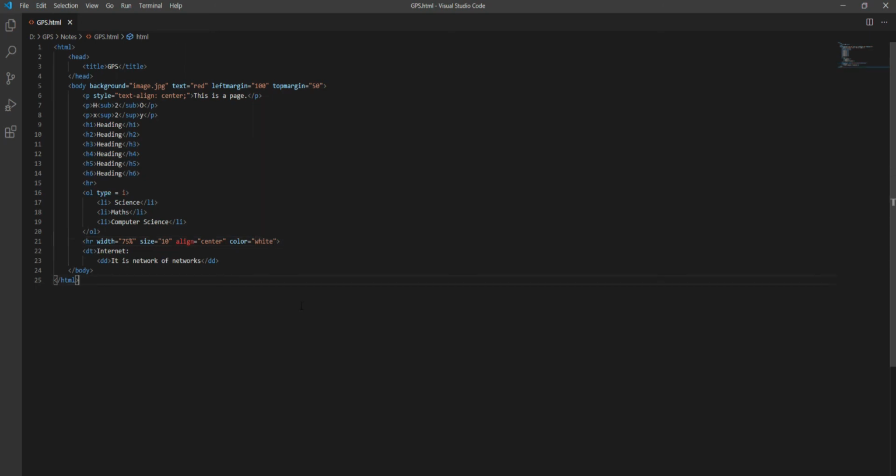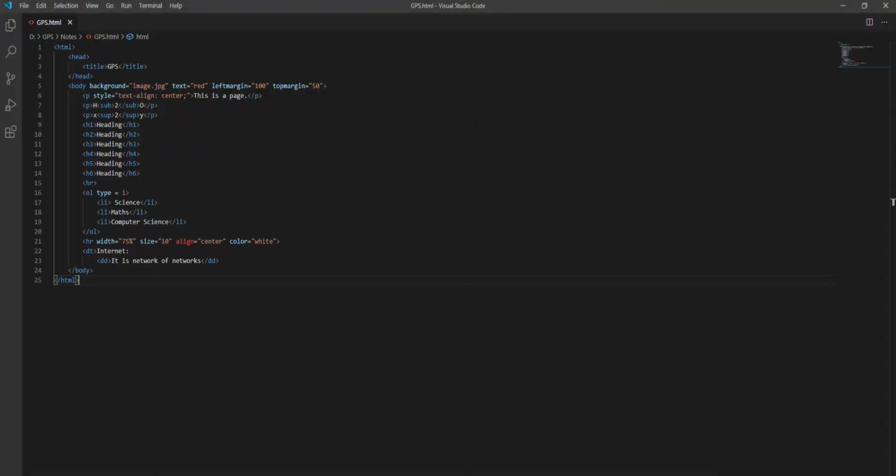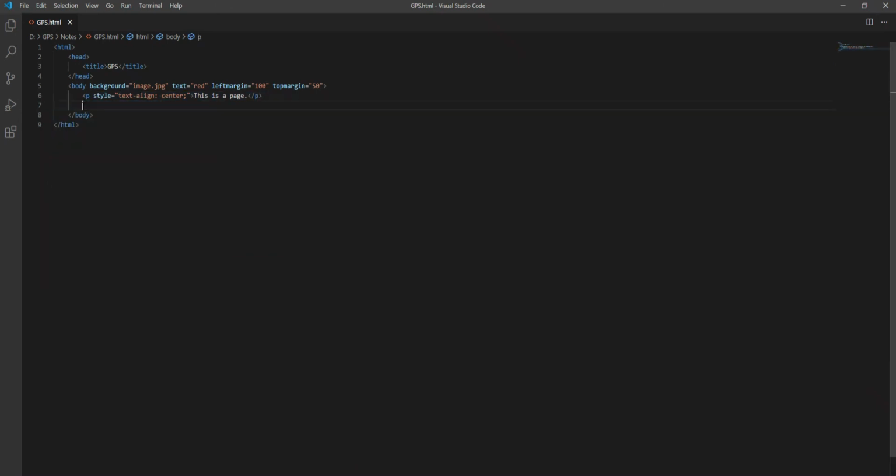Now we will try to insert an image in our web page. How can we insert it? There is a tag which is img tag, right?